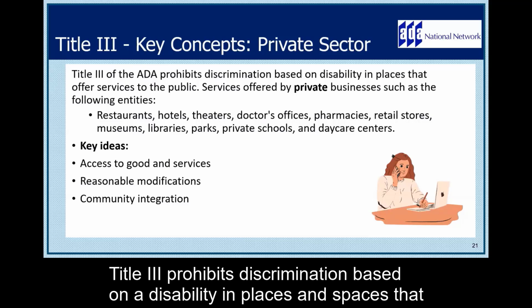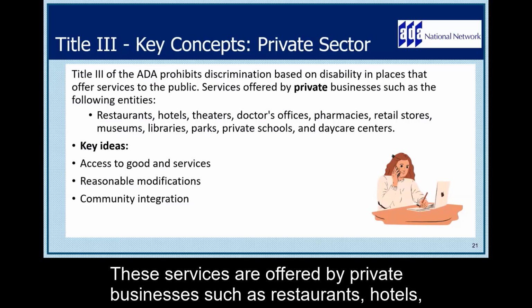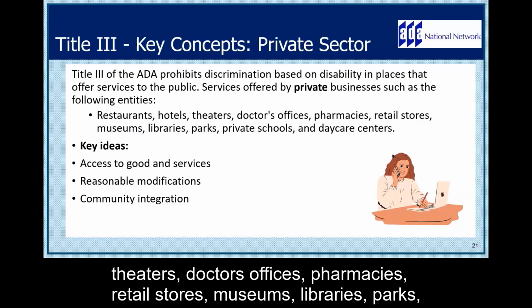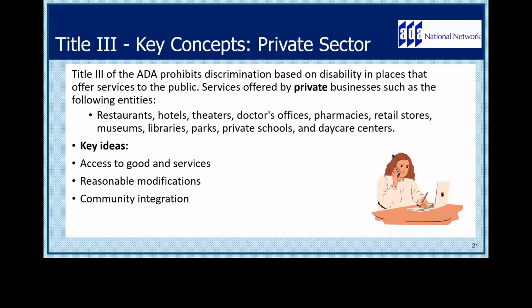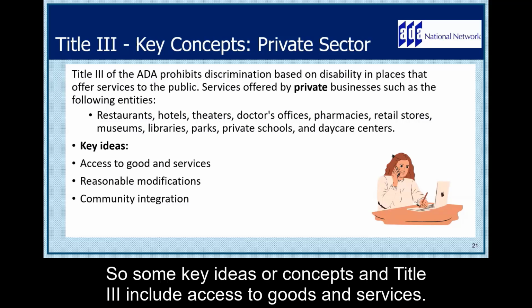Title III prohibits discrimination based on a disability in places and spaces that offer a service to the public. These services are offered by private businesses such as restaurants, hotels, theaters, doctor's offices, pharmacies, retail stores, museums, libraries, parks, private schools, and daycare centers, amongst a few others. Some key ideas or concepts in Title III include access to goods and